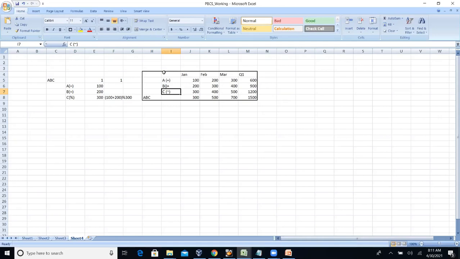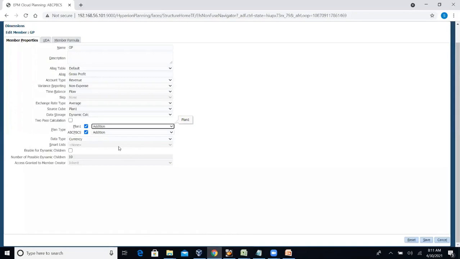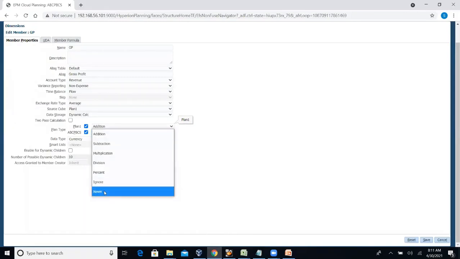Another one is cap. Cap means never aggregated to the parent. You can see here the last one is never. Never means never. The symbol is cap.